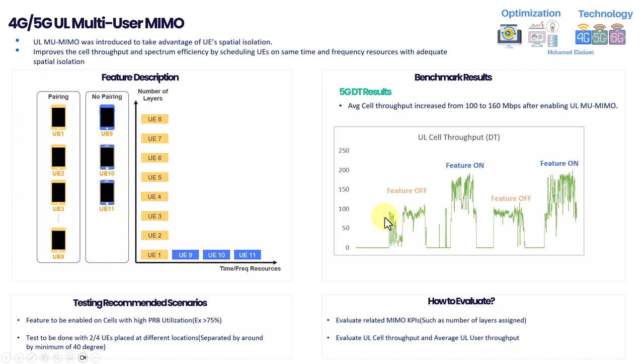This is from drive test results. Before doing the test, before enabling the feature, we have one user doing the test who was getting around 100 mega for cell throughput. After we enabled it, the 2 users were getting a maximum of around 200 and an average of around 175, which almost doubled the cell throughput. And this is after disabling the feature again, going back to the normal scenario, and here touching again